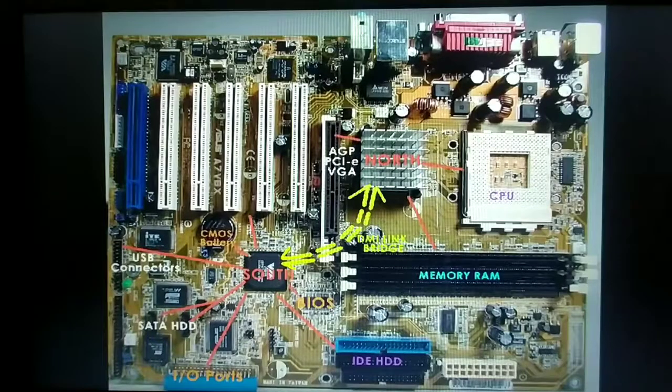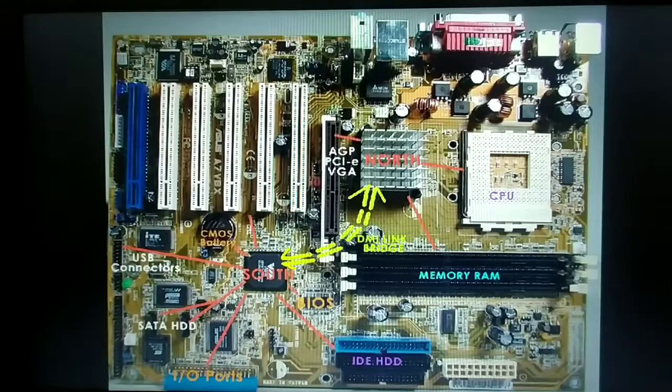This is how the north bridge and the south bridge are mounted. You can see here, this is the north bridge on your motherboard. This north bridge is connected to the CPU. It is connected to the memory slots here, the random access memory, and this north bridge is also connected to the AGP or the PCIe, that is the PCI Express slot. Whereas here is the south bridge. The south bridge is connected with the BIOS and the hard disk drive. It is connected with the PCI. These are the PCI slots.